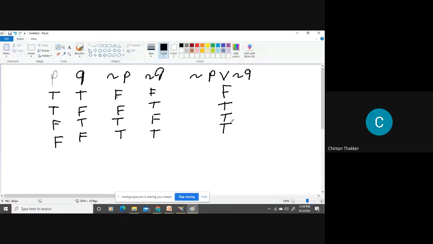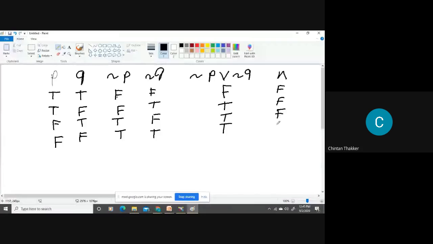If in place of disjunction, conjunction is given, then we have the table like this. If and is given, then for false, false; if any one is false, we have false.